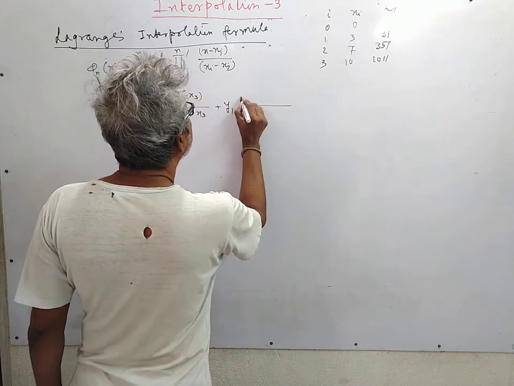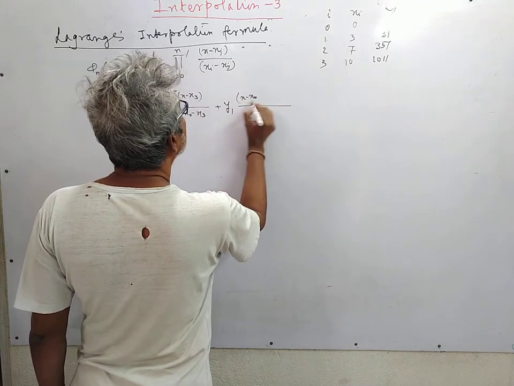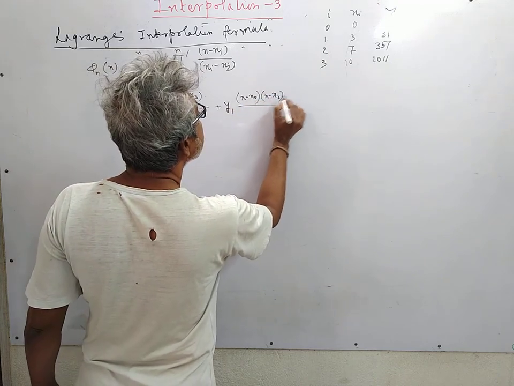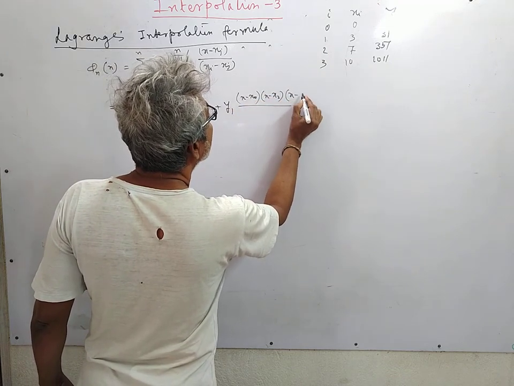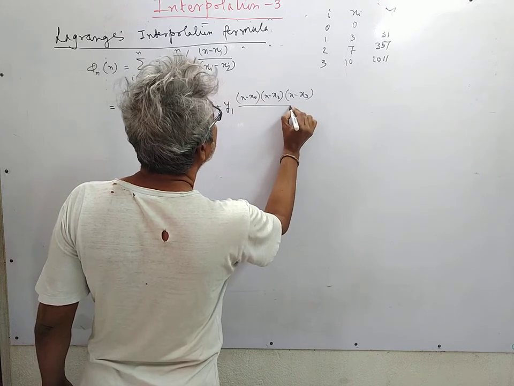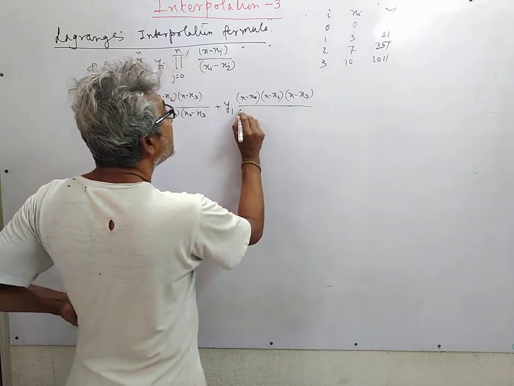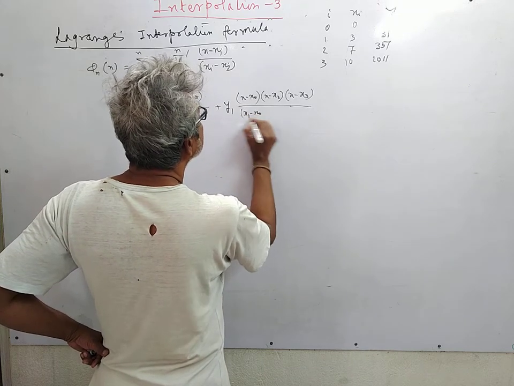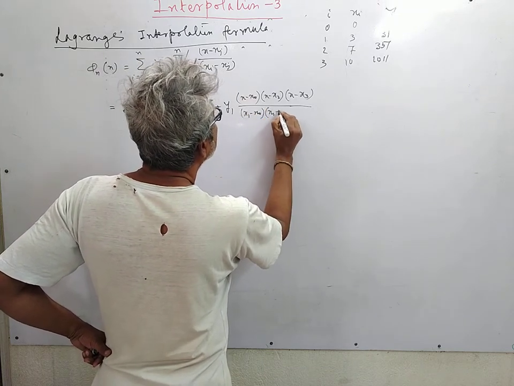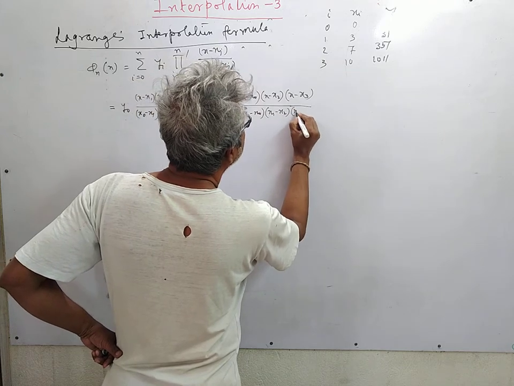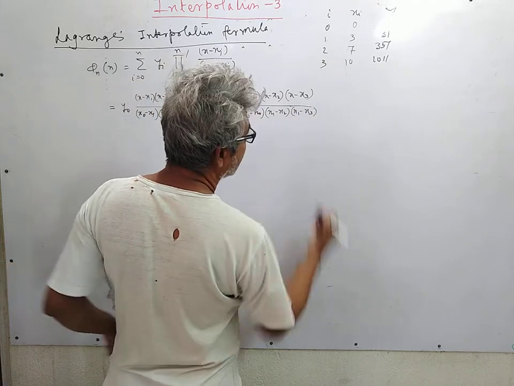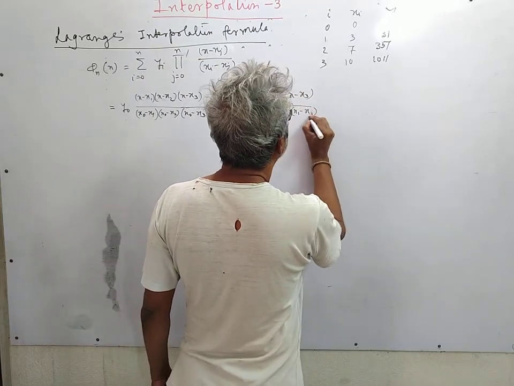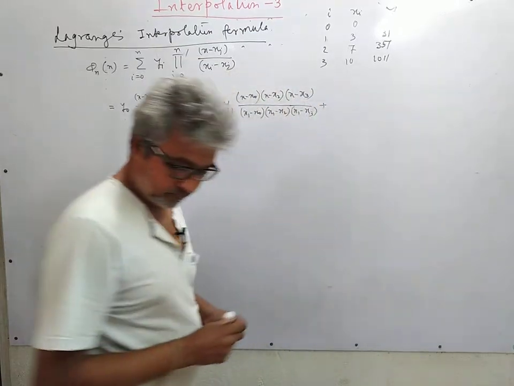Then we have x minus x0; x minus x1 is not there. Then (x1 minus x0)(x1 minus x2)(x1 minus x3). This is the second term, plus